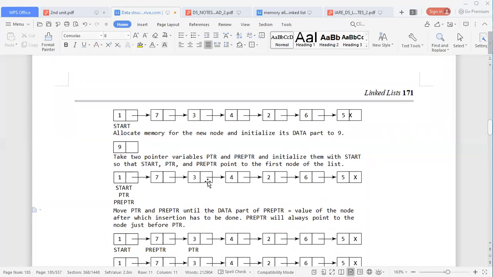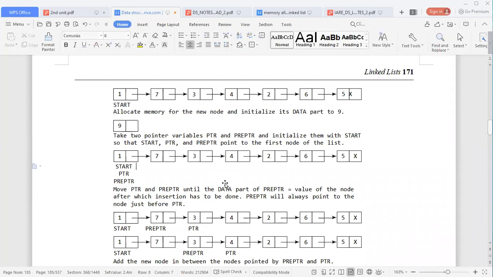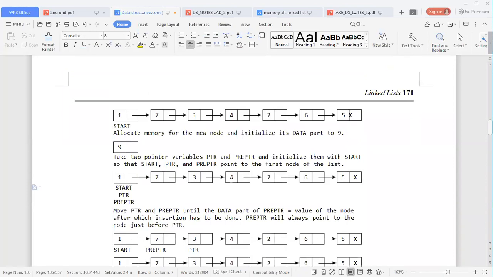We say after some node, and that node is 3. So 3 is the node. We are supposed to add the new node next to 3. Next to 3, where does it come? The node next is 4. So we need to break this particular link and add the new node between 3 and 4.